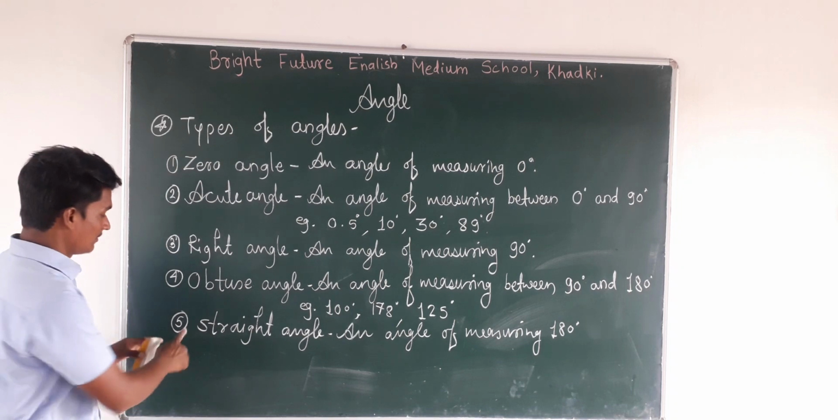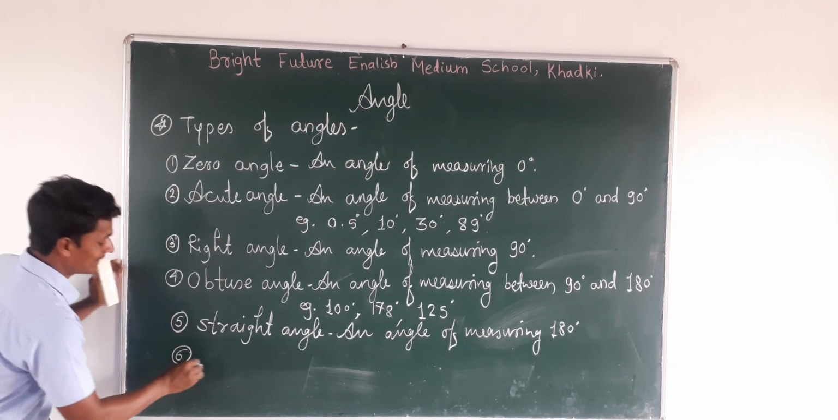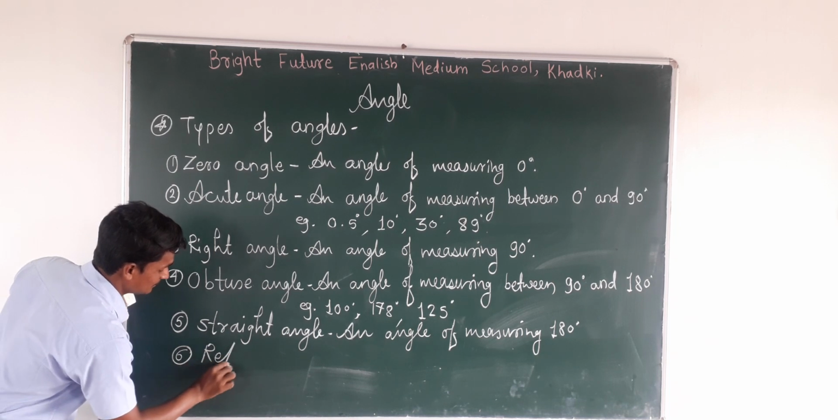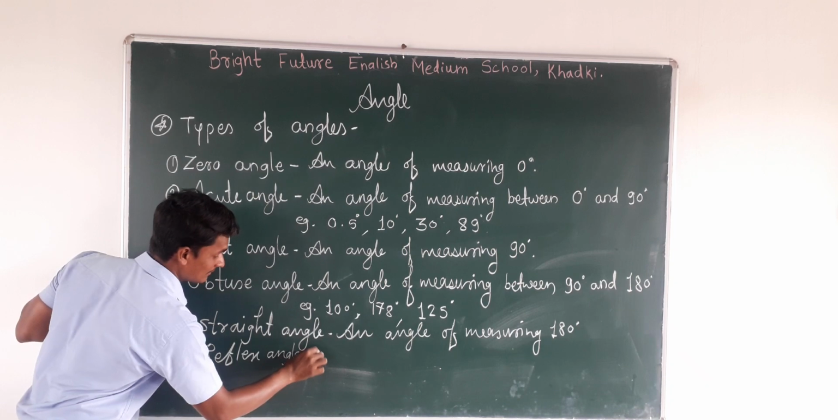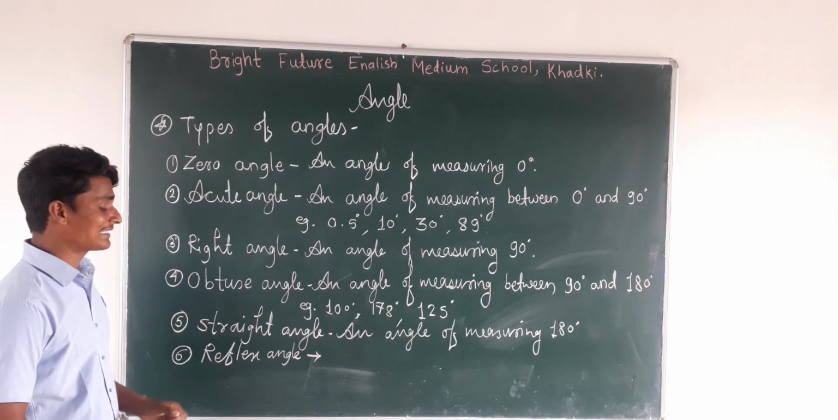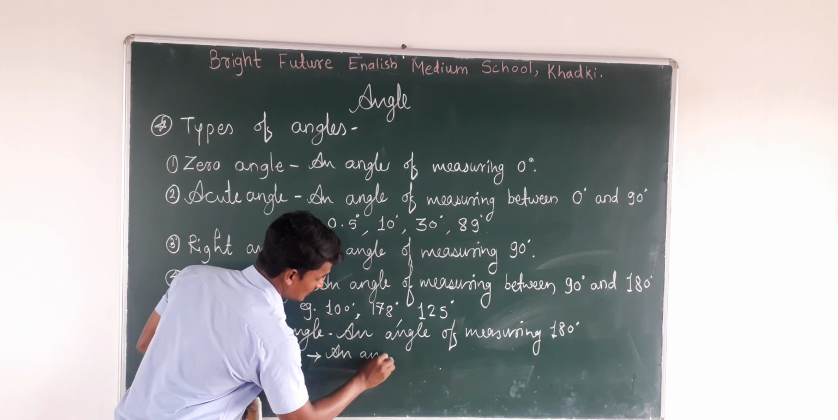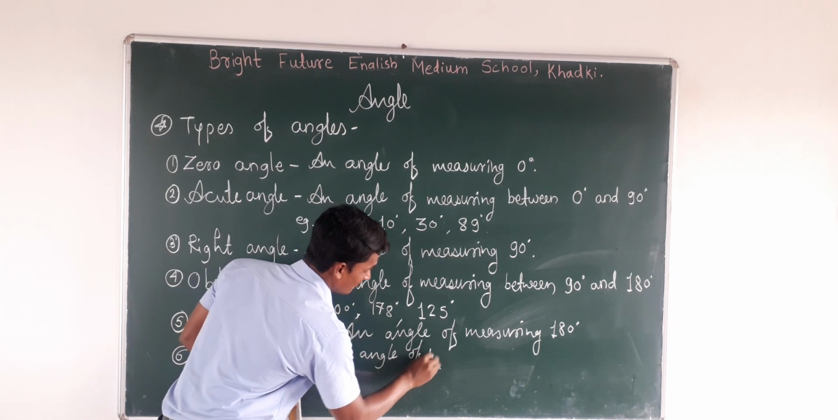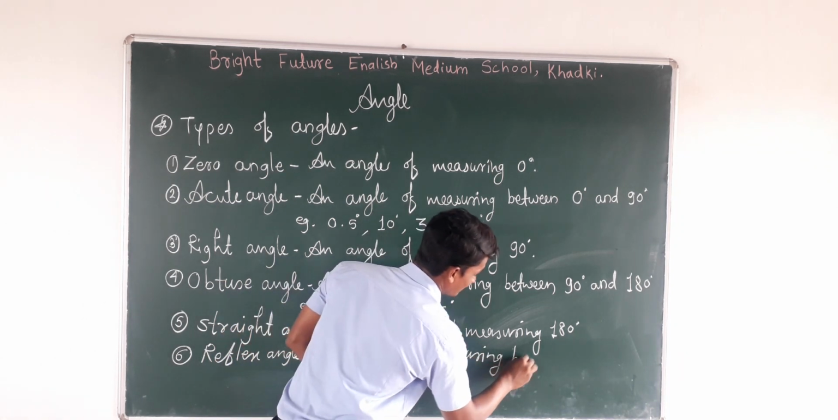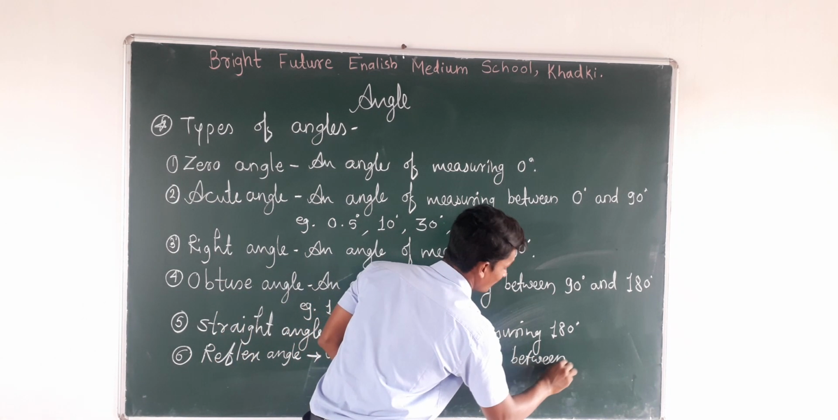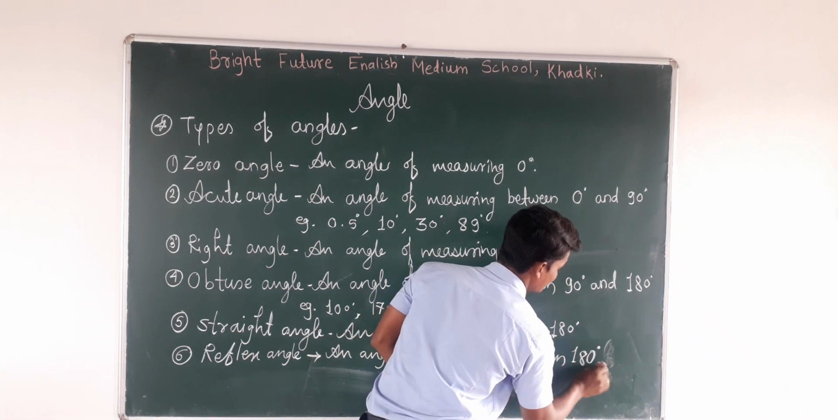Okay, now we understood the straight angle. Now the next, the sixth type, is a reflex angle. A reflex angle. Now what is meant by a reflex angle? A reflex angle means an angle of measuring between 180 degree and